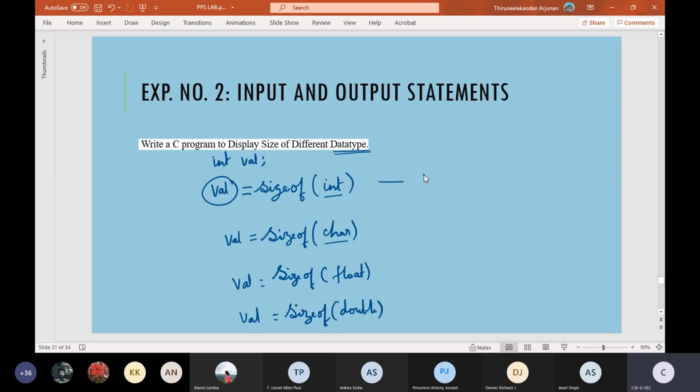Probably almost everybody will be having a 64-bit system. All your processors would be 64-bit. So probably you will get the integer size of 4 and the character size of 2, and you execute this and then get the output. Execute. No need to wait for me. Simply directly include the header file #include <stdio.h>. That is sufficient. No need for anything else.